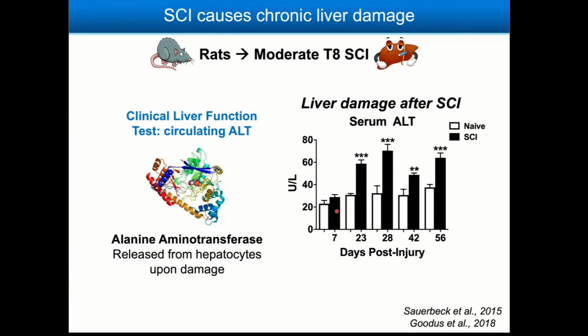levels in our animals. ALT is actually a liver function test you get whenever you go to the doctor's office and they measure your liver enzymes to look for liver damage. What they're looking for is serum ALT. ALT is a protein from hepatocytes that leaks out when the hepatocytes are damaged. So we were able to see in our animals that just got spinal cord injury, over time, their serum ALT levels were significantly increasing, indicating that the livers were actually becoming pathological and damaged after spinal cord injury, and that this was lasting for quite a while.